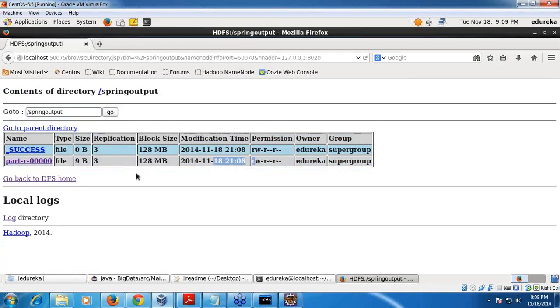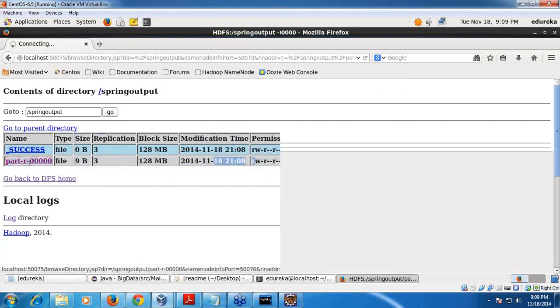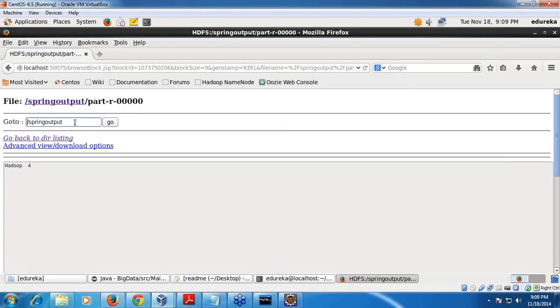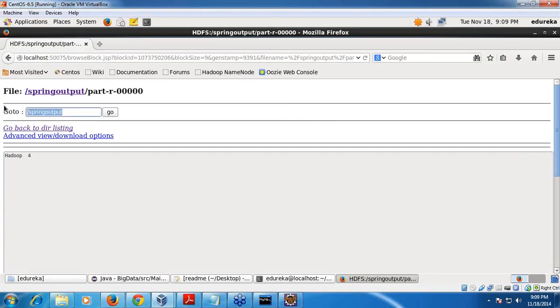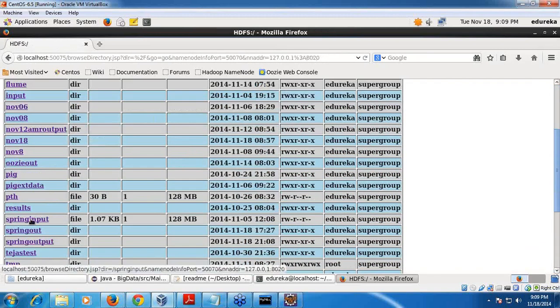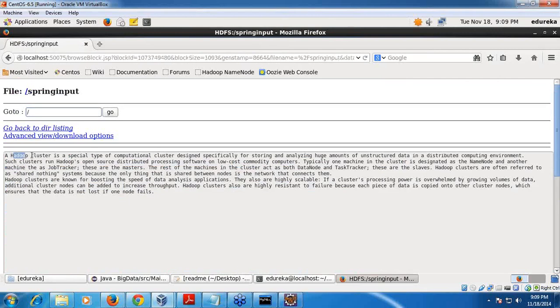So 2108, that is now it has created, right? So you can see it has counted word 4, that is from the file we have given as Spring input, right? So in Spring input, if you search Hadoop, I have 4 times, right?